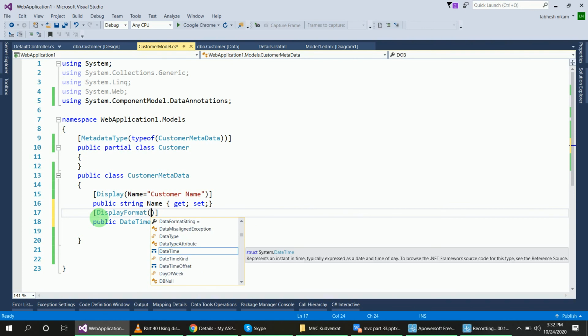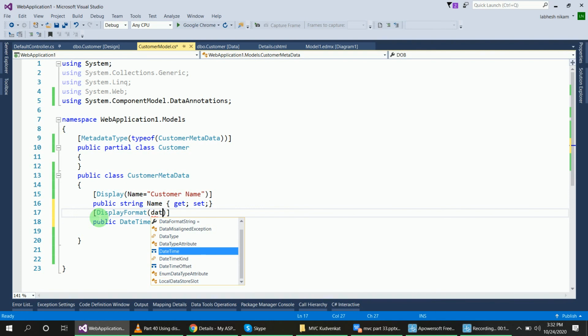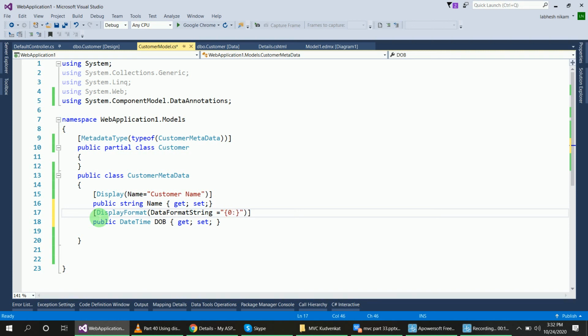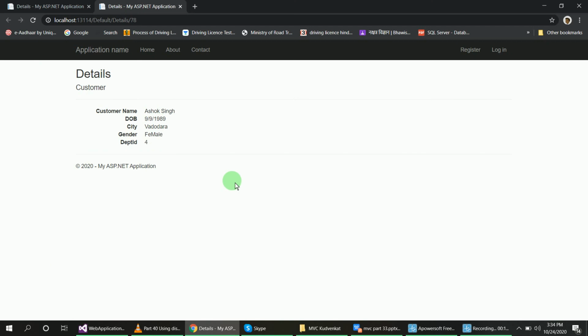For that display attribute, data format string equal to, okay, inside of this I will pass this 0 colon d, so it will display only the date. Okay, you can see here the date of birth is now displayed only as a date format. Okay, now there is date and time.